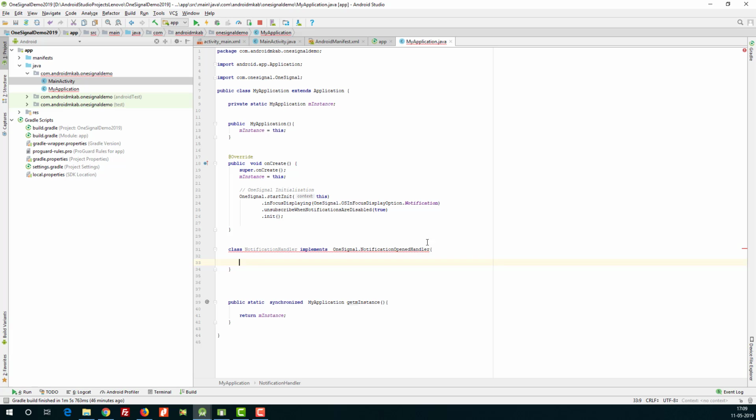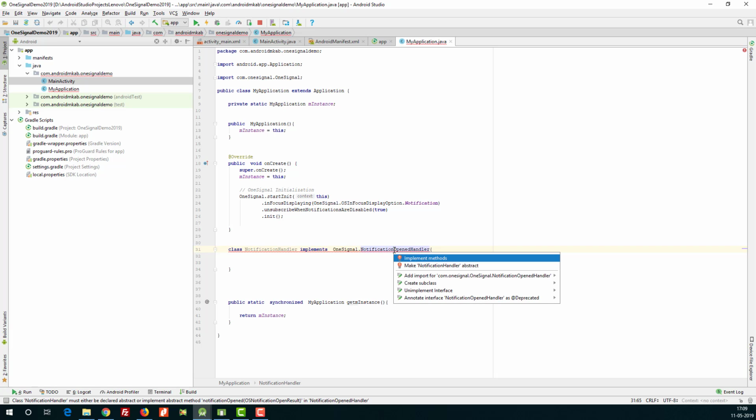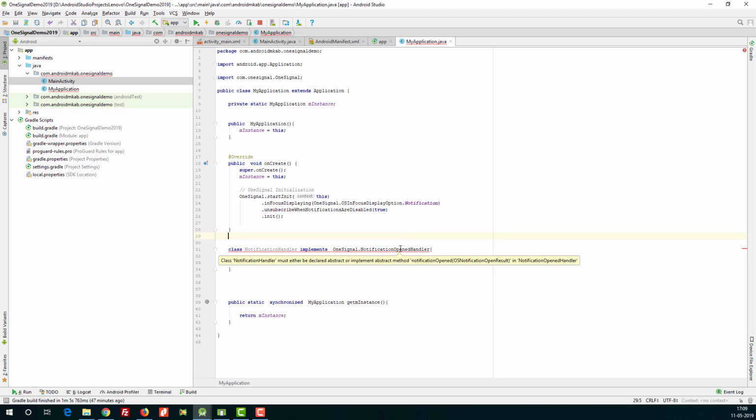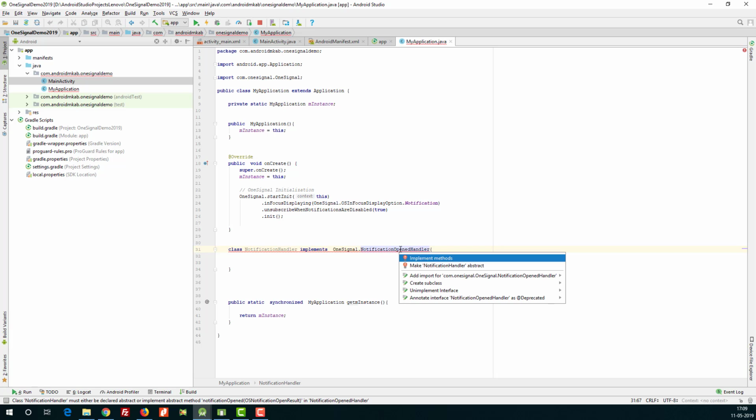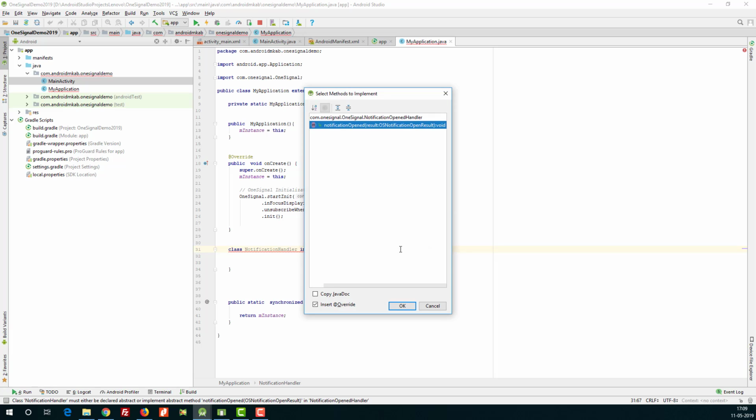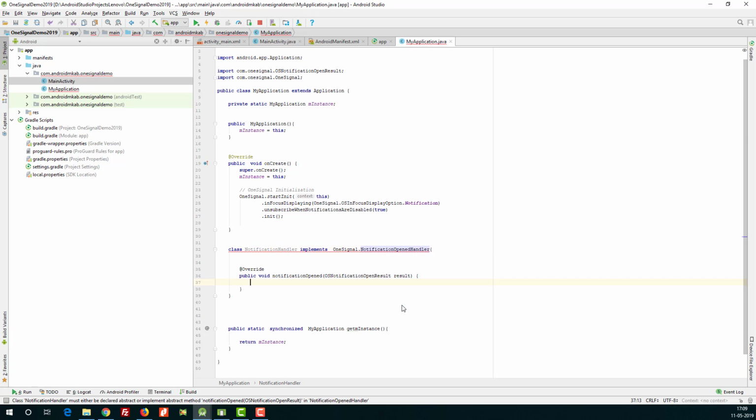After this you will see a red line because we have to implement some methods. Just click on this line and press Alt+Enter on your keyboard, then hit enter on implement methods. It will show like this. Just click OK. That's it.